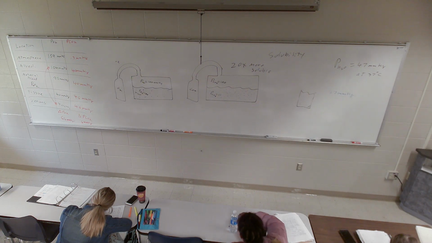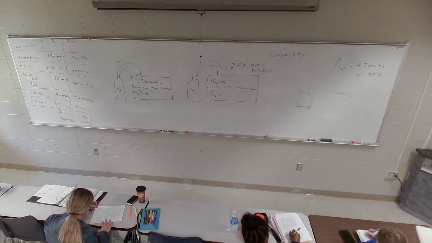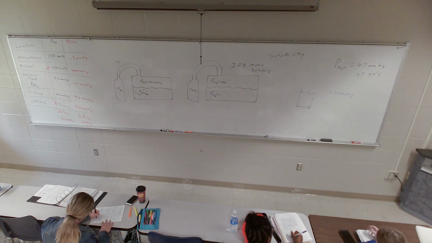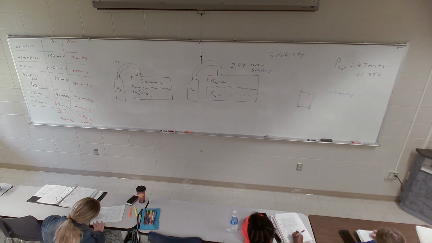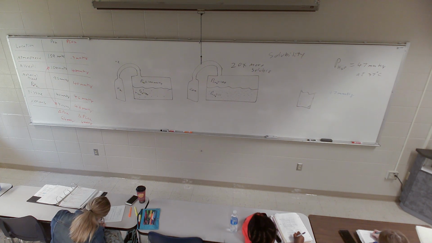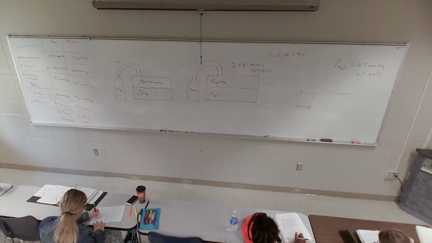So here's what you need to know about Henry's law. What determines how much of a gas can move into a solution? There are two things. One is the partial pressure gradient, the concentration gradient. The other is solubility. That's all you need to know about Henry's law. The question I'll ask you will literally be something like, what determines how much of a gas will dissolve into a fluid? It might be water, it might be blood. Your answer will be partial pressure gradient and solubility.